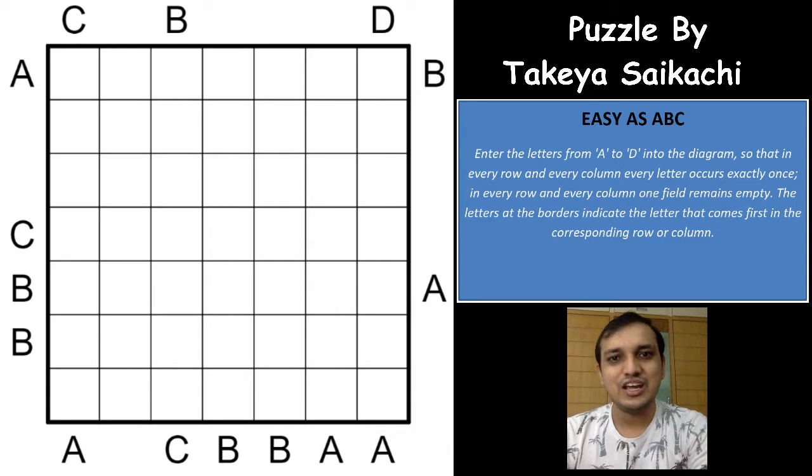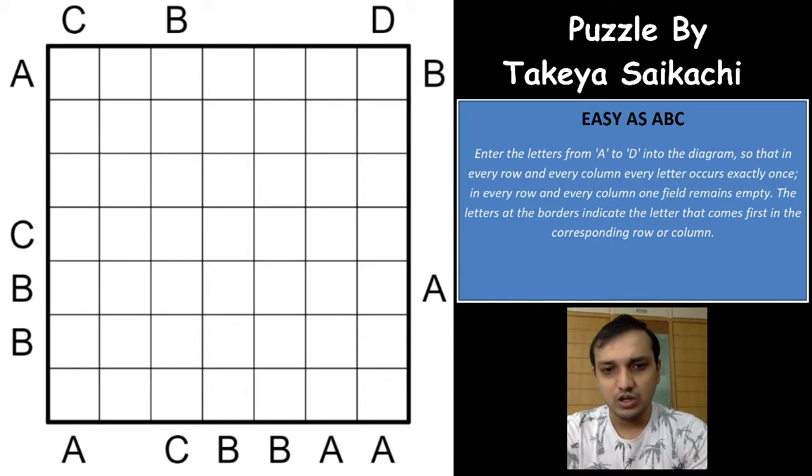Myself Ashish, and today I'll be covering a puzzle genre called Easy as ABC puzzle. It's a number placement puzzle, and this puzzle was featured in the contest called Japanese Puzzle Land 2, which was conducted on LMI Logic Masters India. All of the Japanese authors together organized this contest, and it was a great contest, I would say.